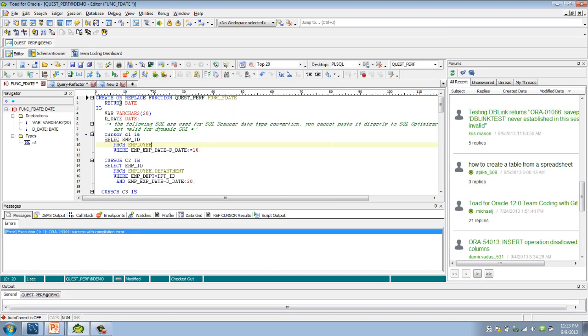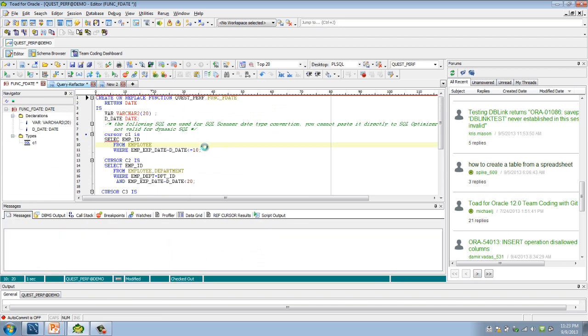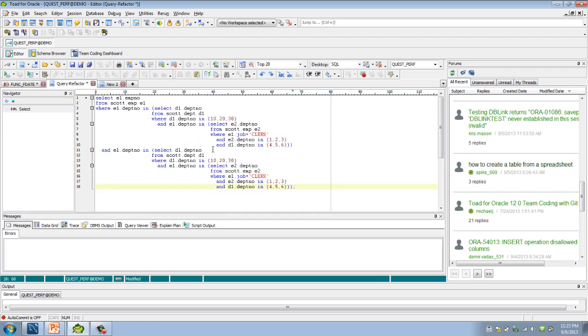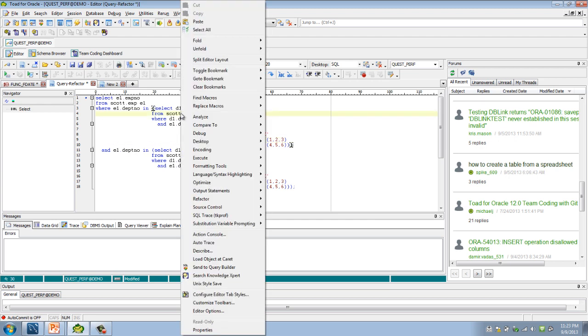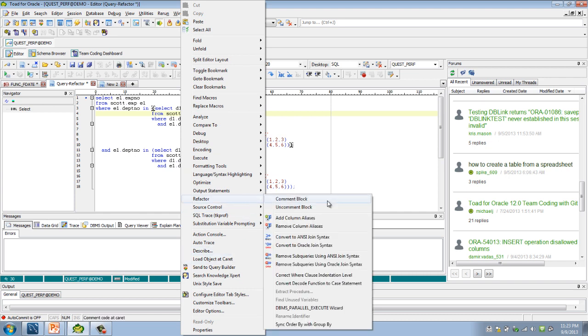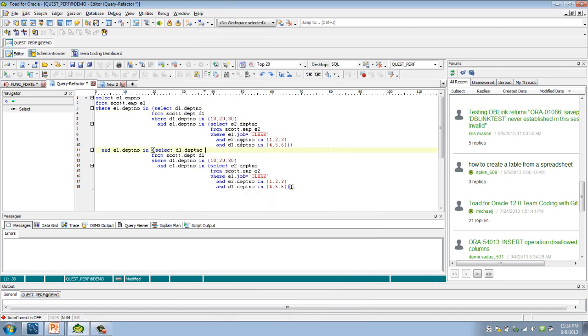Another great feature while you are developing code is you are constantly either given SQLs that are written by someone else and that are pretty difficult to understand, or over a period of time have grown into a very complicated SQL because of all the changes. So a very new feature in Toad 12.1 is the refactor. There have been multiple menu options added for refactor, and I am going to display how this query, which looks really complicated,